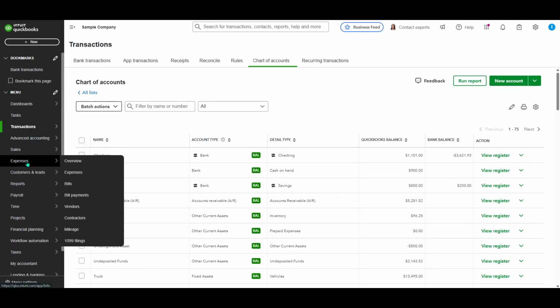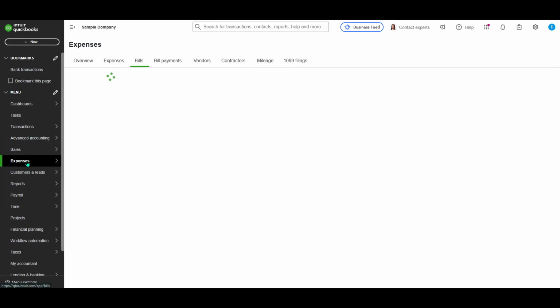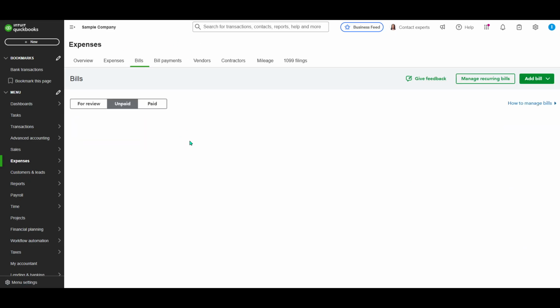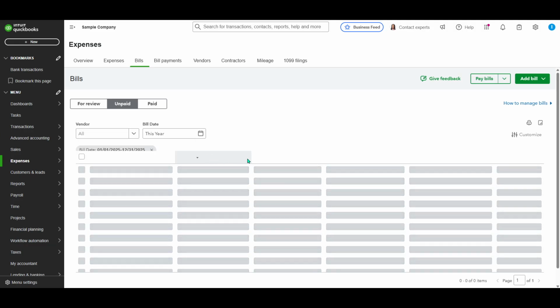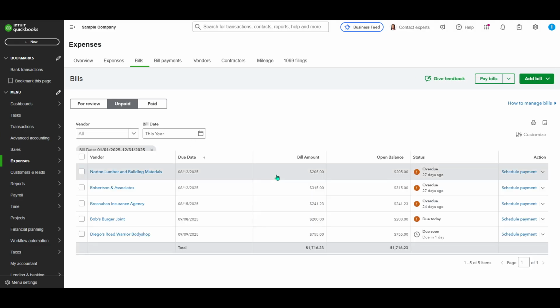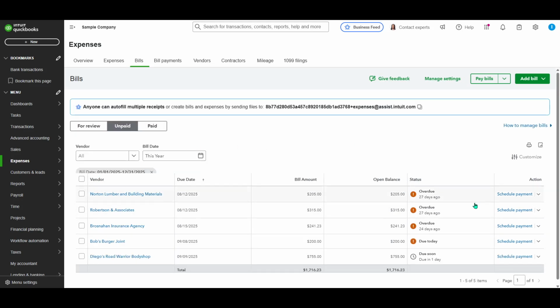To do this, look over at the left panel on your QuickBooks Online dashboard. You should see a variety of menu options there, but we're interested in expenses. Clicking on this will take you to a comprehensive view of all your recent financial outgoings. This section is pivotal because it keeps track of where your money is going, who you're paying, and on what